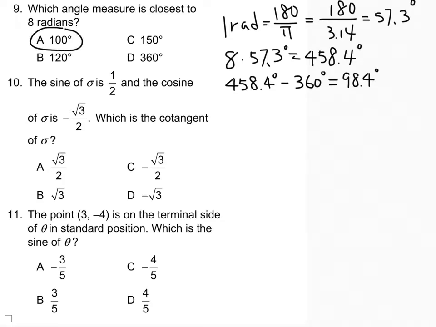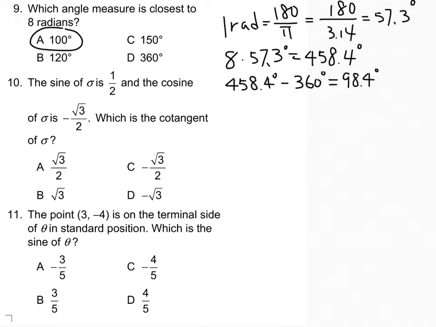So as I mentioned, on your chapter test I will not give you the multiple options. You will have to write this out yourself. So 1 radian equals 180 over pi, which is 57.3 degrees. Number 10, the sine of an angle, so let's just call it theta, is 1/2, and